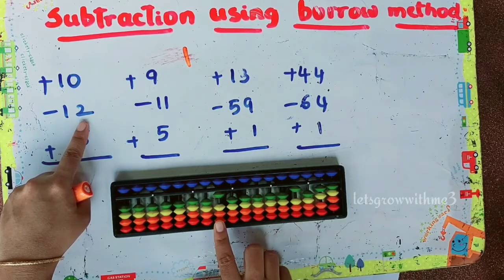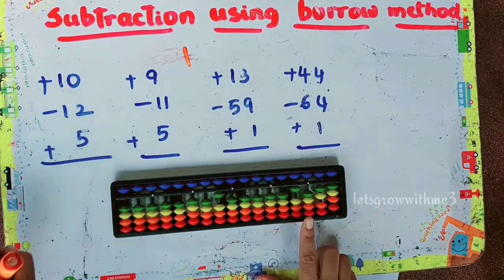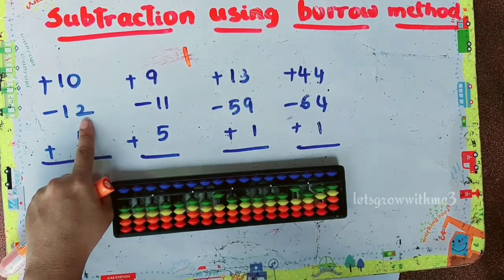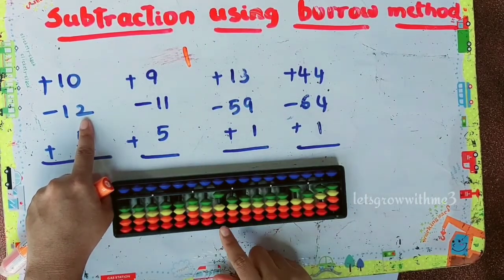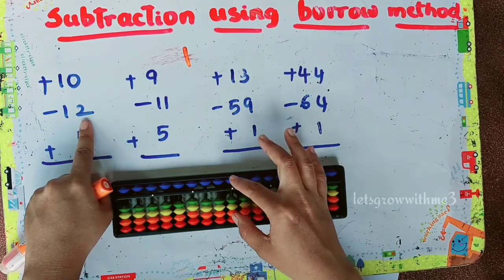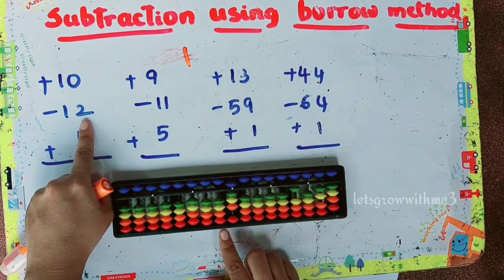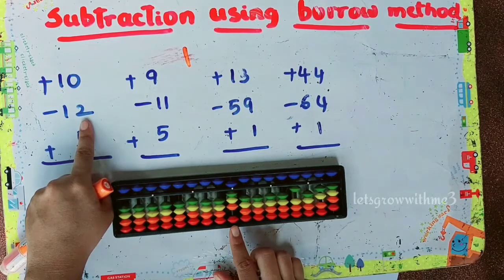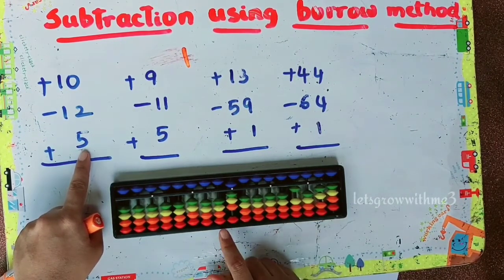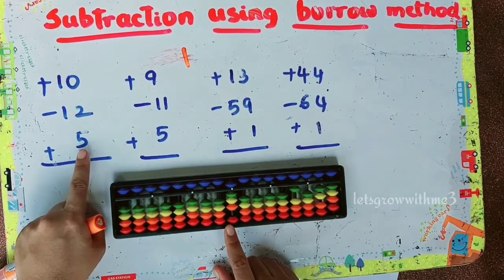Okay, so now let's do the subtraction. Now I can easily remove minus 2. How to remove? Because I have 10 minus 10 plus 8. So I need to do plus 8 in 1's place, and I need to remove the borrow bit which I have taken. So minus 10 plus 8. Then what's the next step? Plus 5. So what do I need to do? I need to add 5. How to add 5? Plus 10 minus 5, big friend formula.